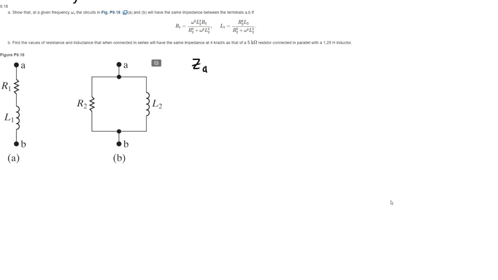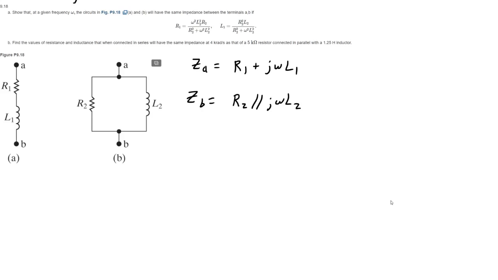So ZA is an impedance of R1 in series with an impedance of j omega L1. And then ZB is going to be R2 in parallel with an impedance of j omega L2,